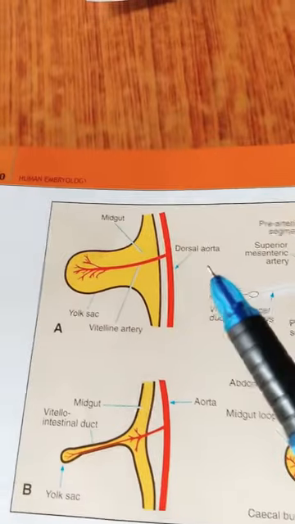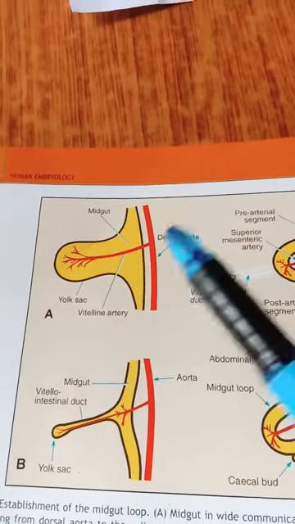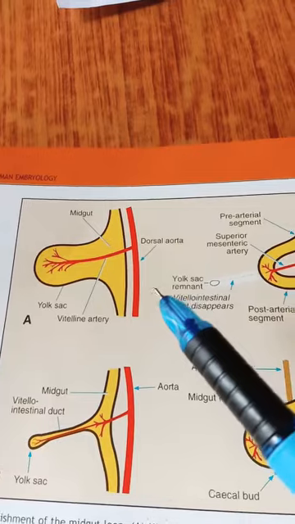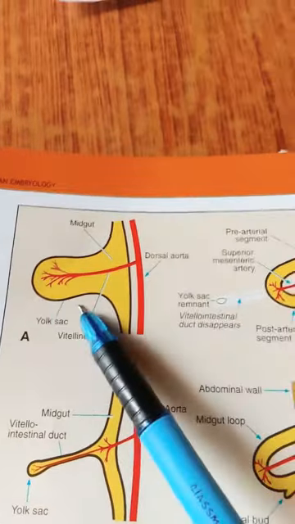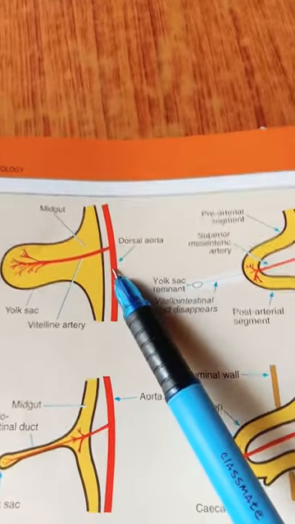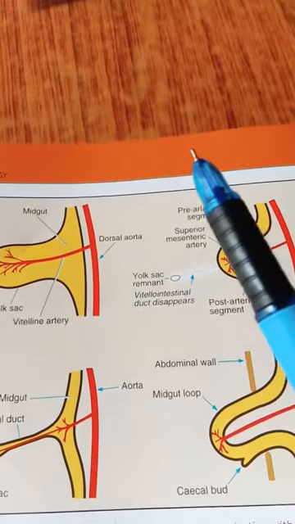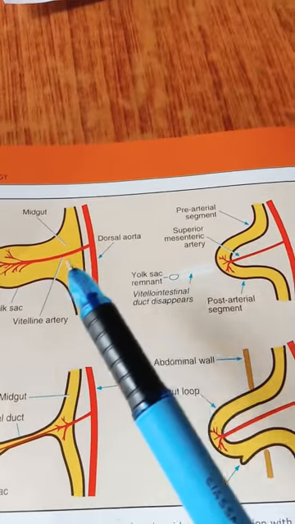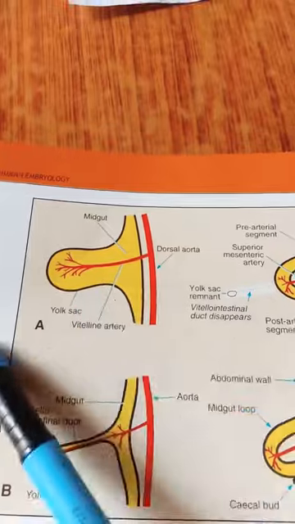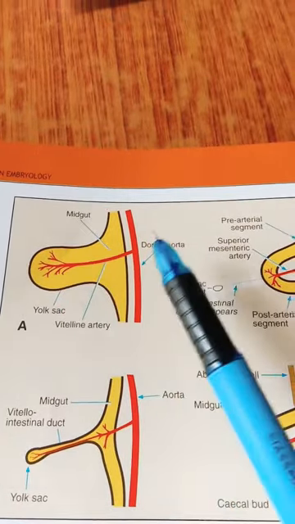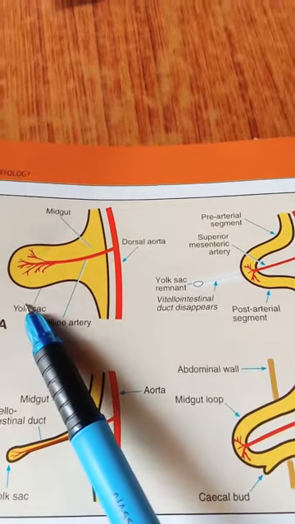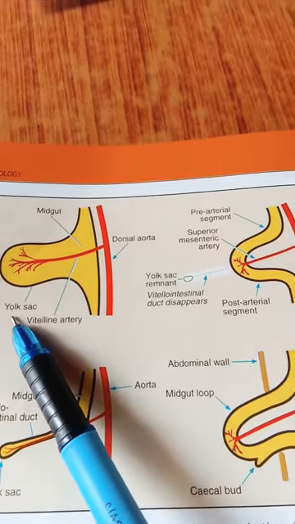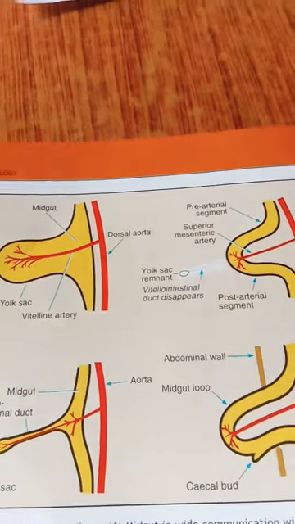Next we have our dorsal aorta coming into the picture. The dorsal aorta actually develops dorsal to the gut. So yeah, this is the gut, and dorsal to it we have the dorsal aorta, as the name suggests, right? It gives branches. It mainly branches to the midgut, known as the vitelline artery. You can see this is a vitelline artery giving a main branch to the midgut. Later all the branches disappear and only 3 branches remain at last.